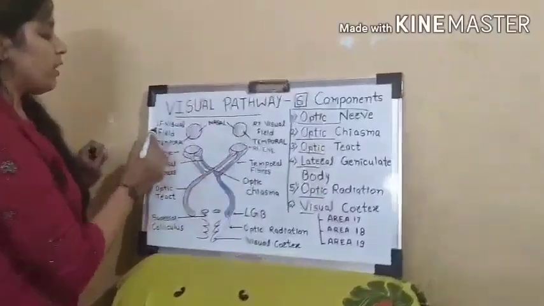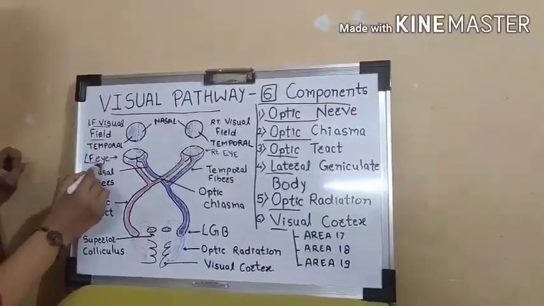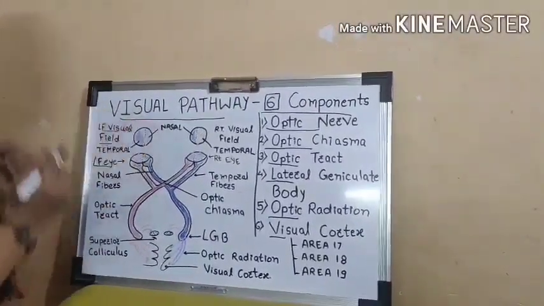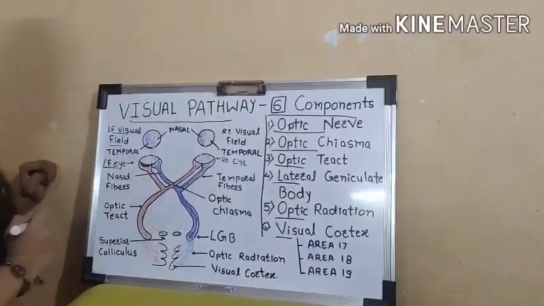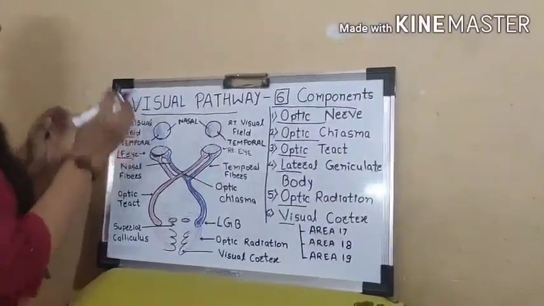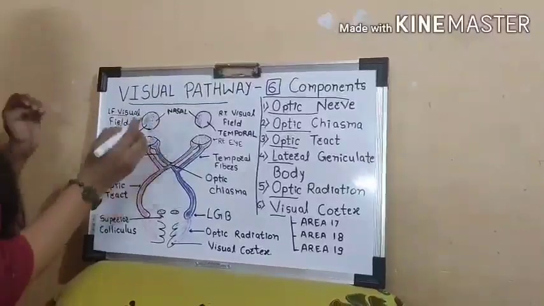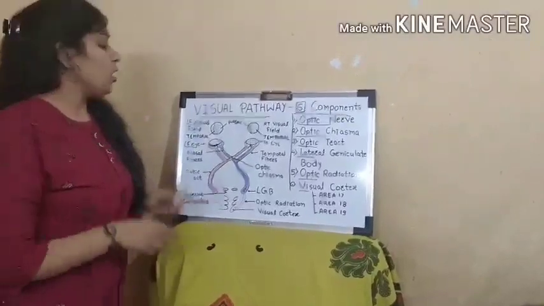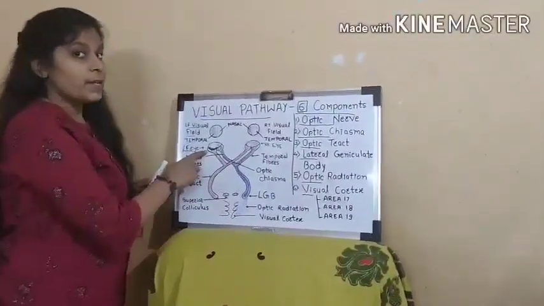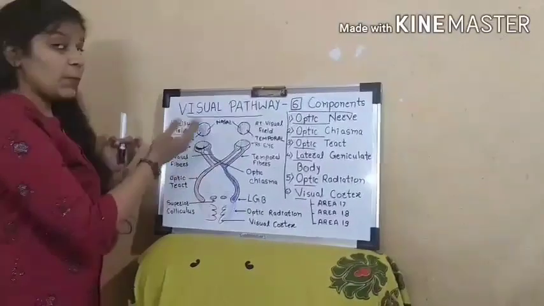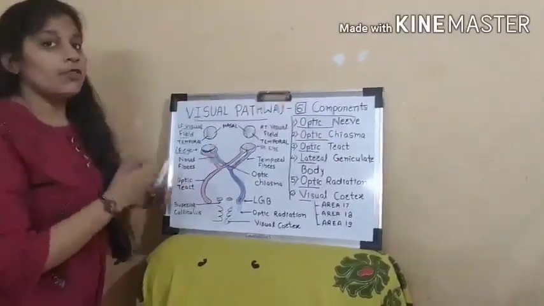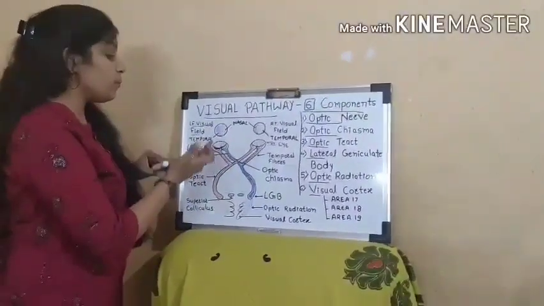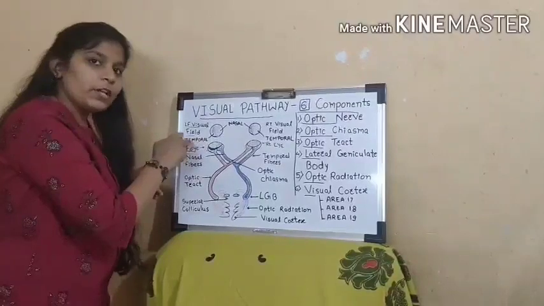See here, in the case of the left visual field and left eye, if the object is placed in the nasal part, then the image of that object forms on the temporal part of the retina, and if the object is placed in the temporal visual field, the image of that object forms on the nasal part of the retina. Let's see the formation of the optic nerve. In the optic nerve, the temporal fibers are present laterally and carry impulses from the nasal visual field of the same eye, and nasal fibers are present medially and carry the impulses from the temporal visual field of the same eye.